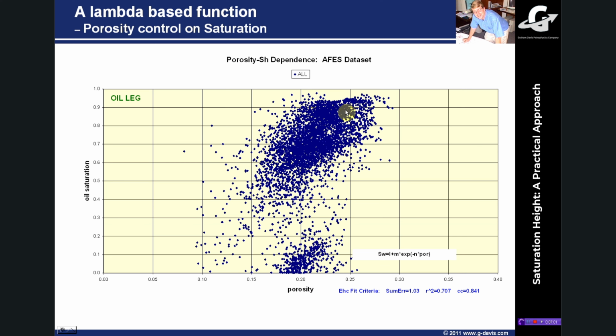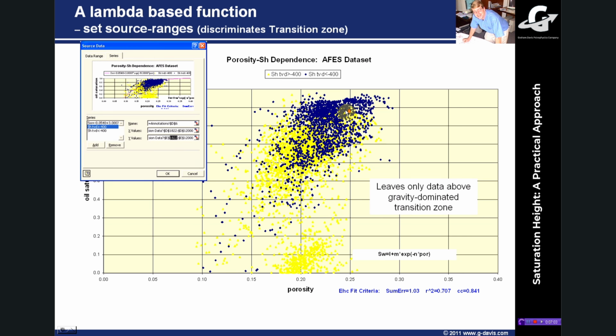So the importance of knowing where the free water level is and the transition zone is, if you edit this chart, the chart is set up with two data series. You edit the data series for where the transition zone begins, and then the stuff below what I'm calling this apparent transition zone plots in yellow. So yellow points on a yellow background tend to de-emphasize those, and we'll concentrate primarily on this dark data set.